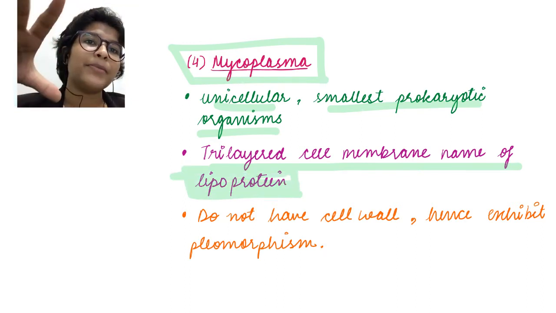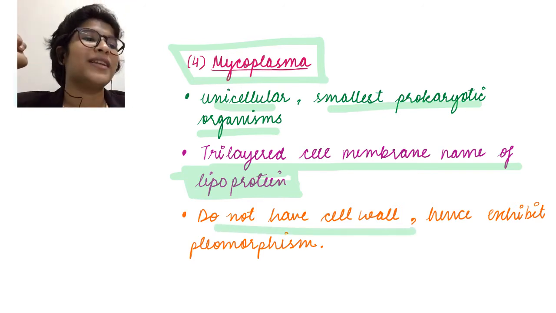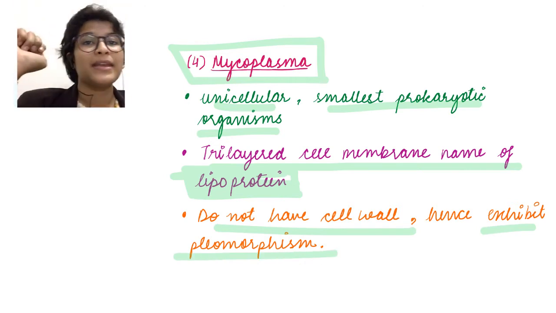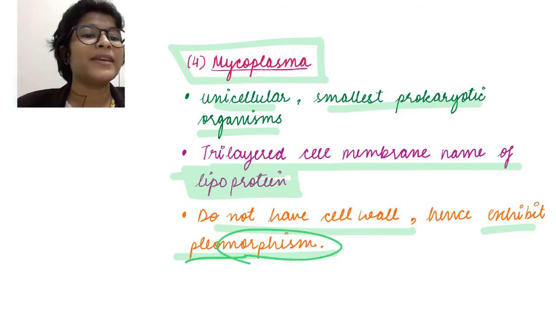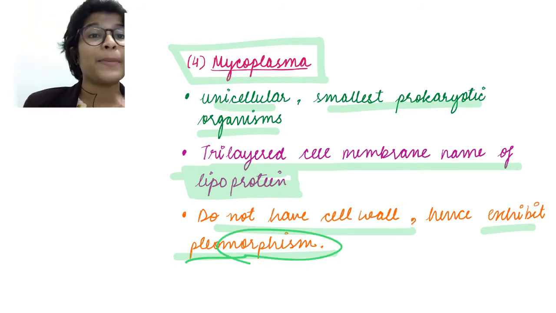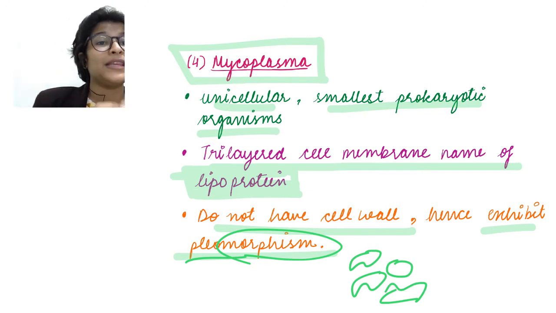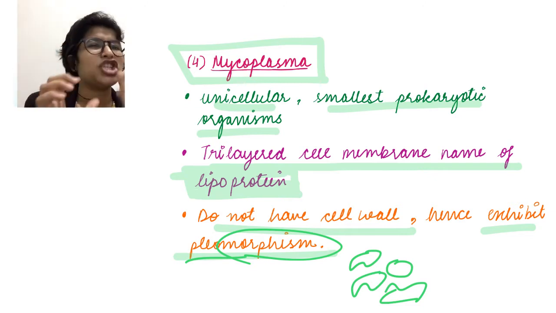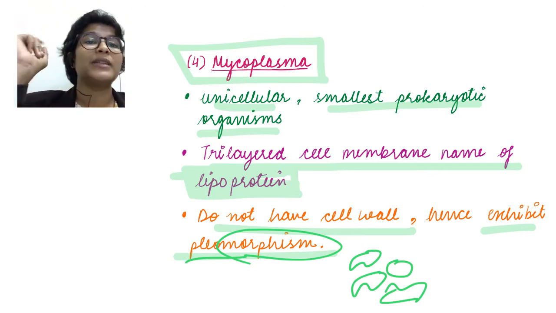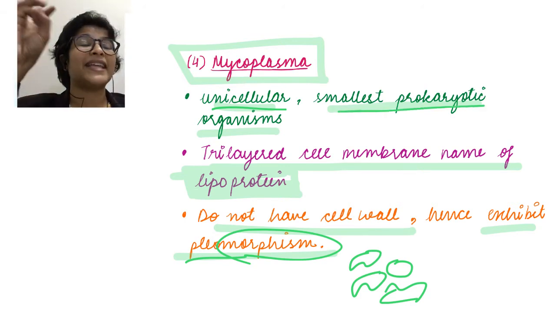We've talked about cell membrane, but what about the cell wall? They do not have a cell wall, hence exhibit pleomorphism. Pleo यानी multiple, बहुत सारा, and morphism यानी कि shape. तो ये बैक्टीरिया के पास सेल वॉल नहीं है, तो उनका स्ट्रक्चर रिजिड नहीं है, तो वो अपना शेप बदल सकते हैं, ठीक है. तो these bacteria can pass through bacterial filters because they are very small and they can change their shape easily.